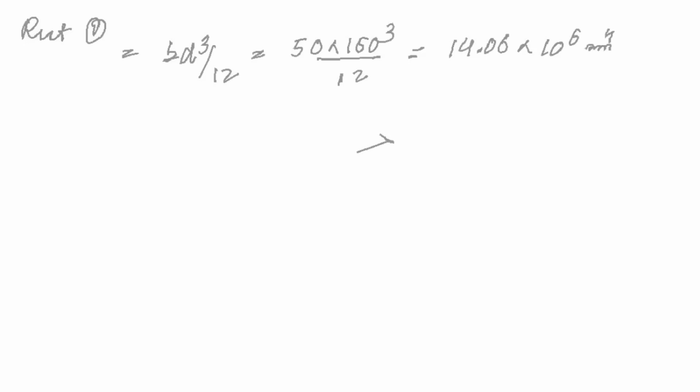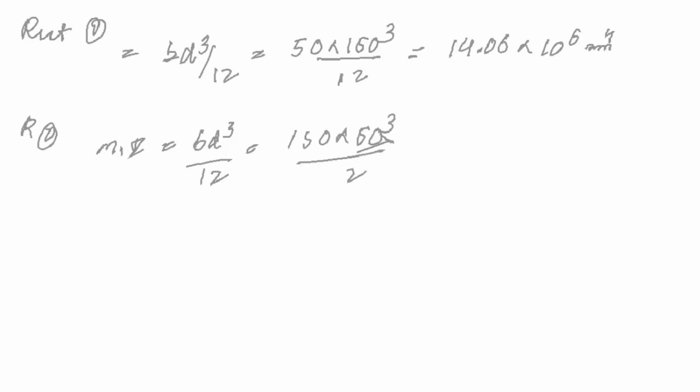mm4. And then for rectangle 2, your moment of inertia I is bd cube by 12. Here b is your 150 and d is 50, so 150 times 50 cube by 12. That comes out to be 1.56 into 10 raised to the power of 6